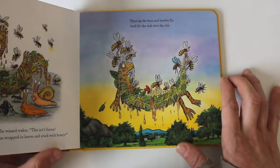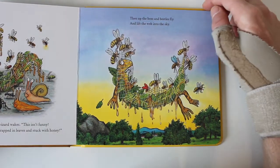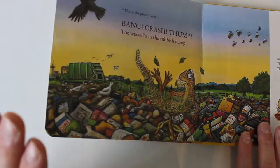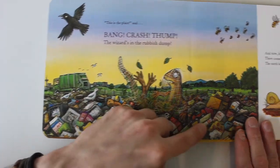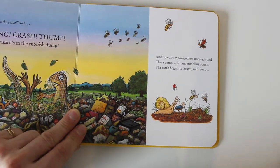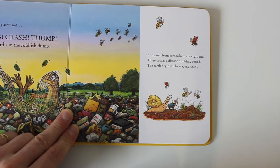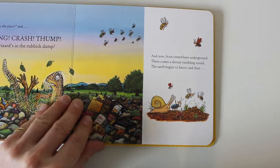Then up the bees and beetles fly and lift the web into the sky. This is the place, and bang, crash, thump, the wizard is in the rubbish dump. And now from somewhere underground there comes a distant rumbling sound. The earth begins to heave, and then